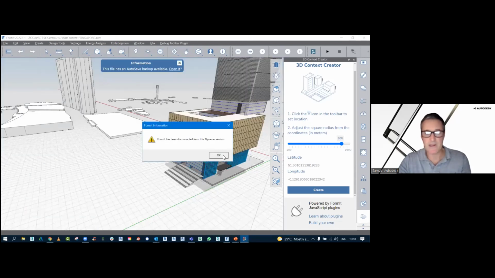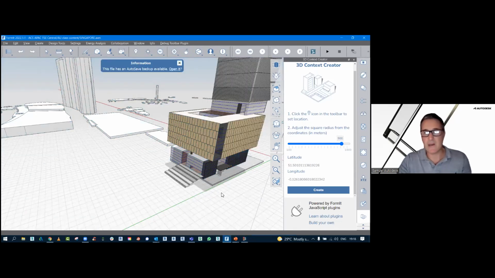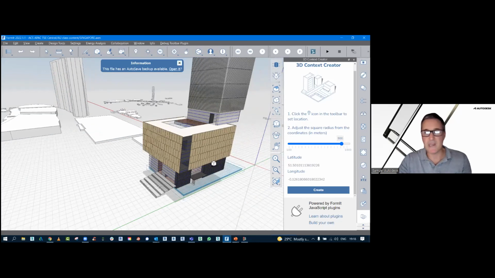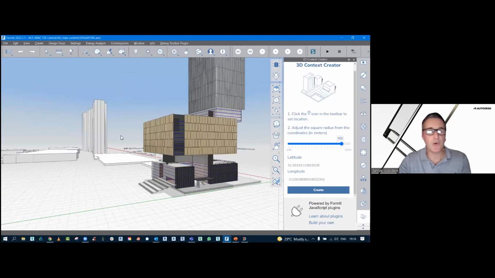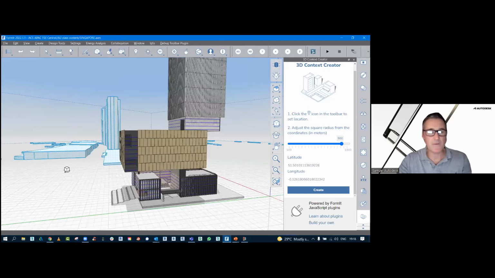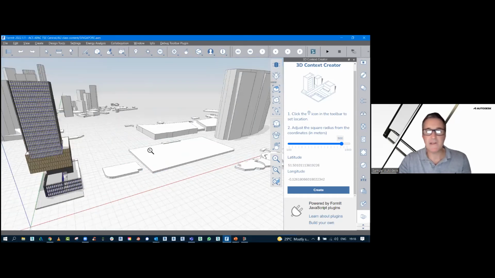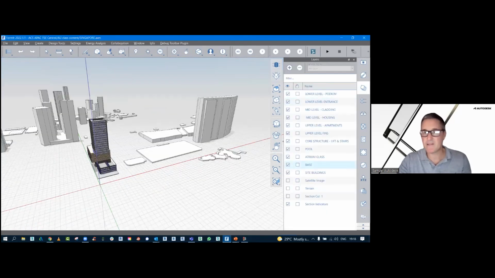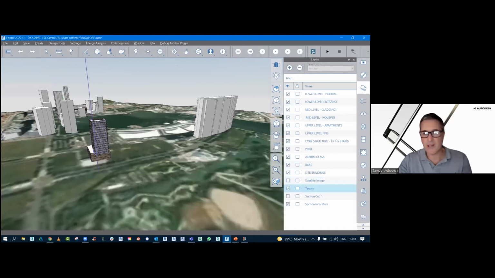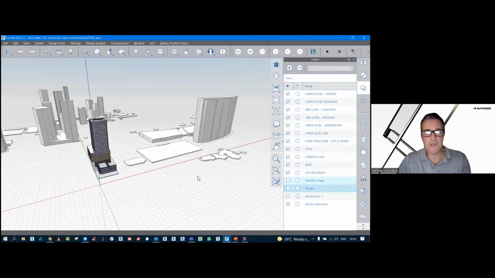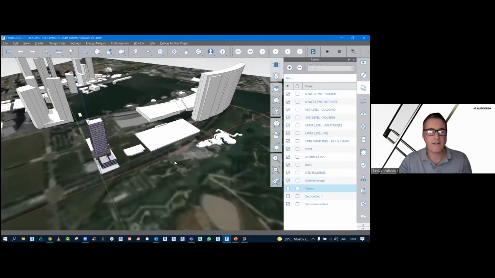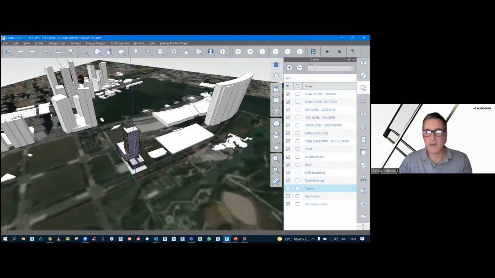So here on the screen is a format model using the script that built up some of the city here. I have layers, so if you want to see the terrain, satellite image, all of that is available there.